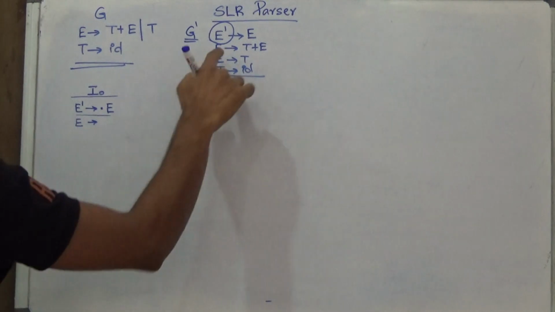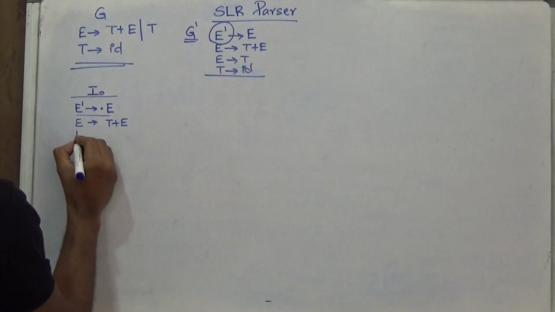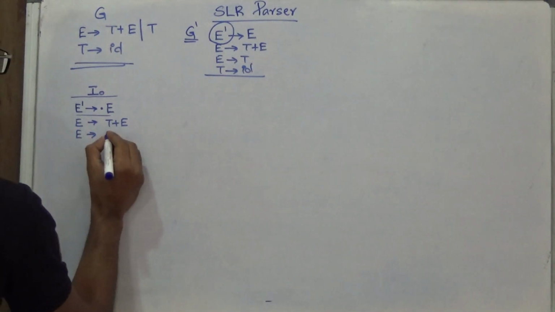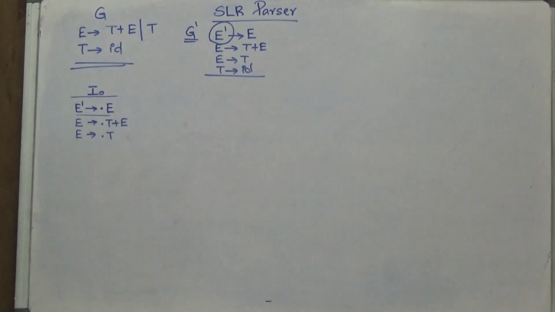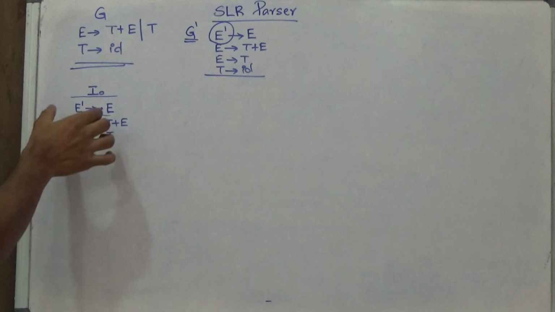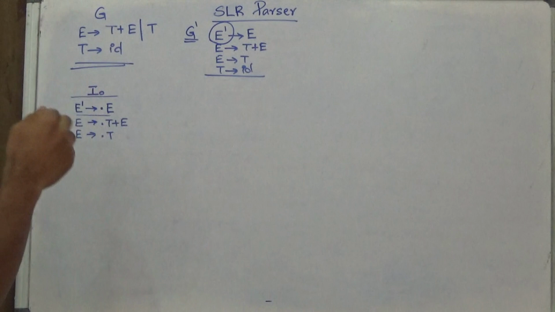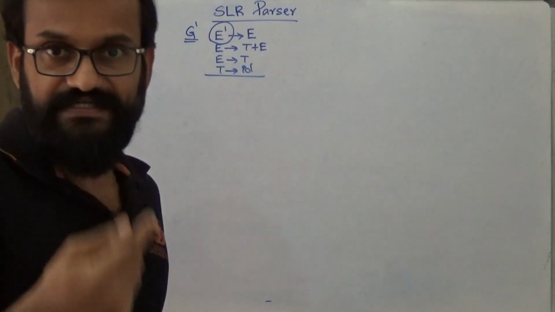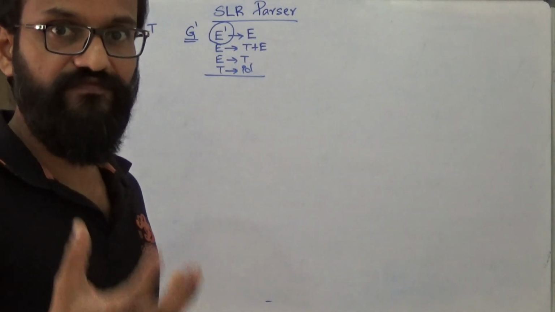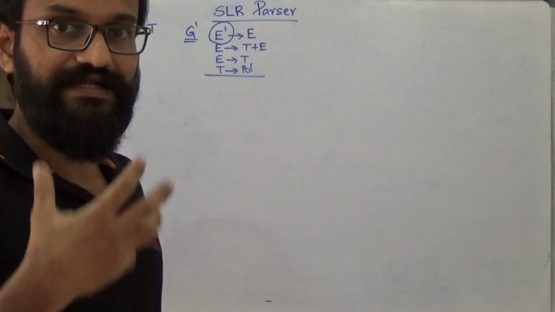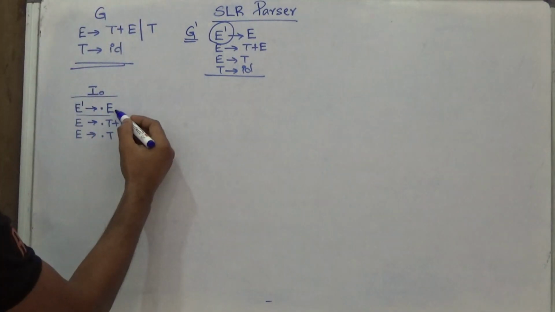E giving, so what about productions of E? E giving T plus E and E giving T. And these two productions must be started with dot operator. So in this way, if you take closure of this item, you will go to the right hand side and verify whether dot is succeeded with a variable. If so, add productions corresponding to that variable with right hand side starting with dot operator into the current item set. So we have completed adding closure of this item.